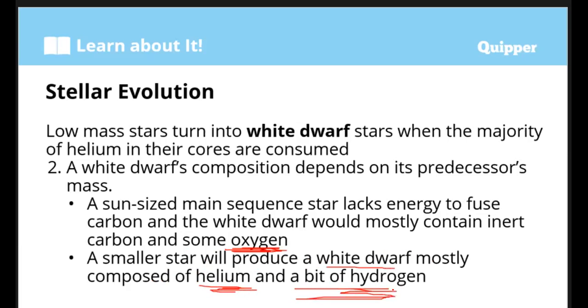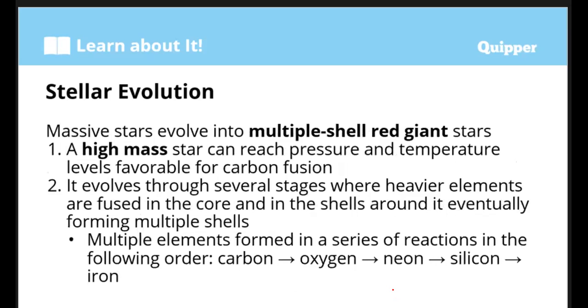Because there is not enough helium already, there is a depletion of helium, so the smaller star, or the white dwarf star, is composed mostly of helium and hydrogen, because it absorbs hydrogen and then turns it into helium. Then massive stars evolve into